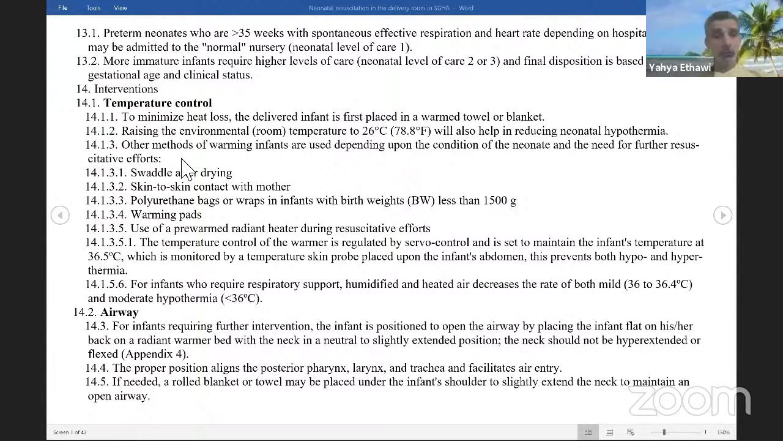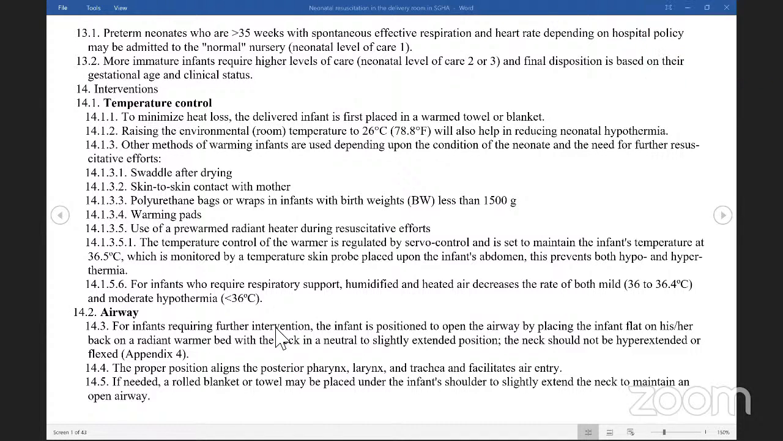So if you control the temperature, you need now to be prepared for the airways. Any infant requiring further interventions after the 30 seconds, you did the stimulation, you did the positioning, but the baby still needs some intervention. Then you need to